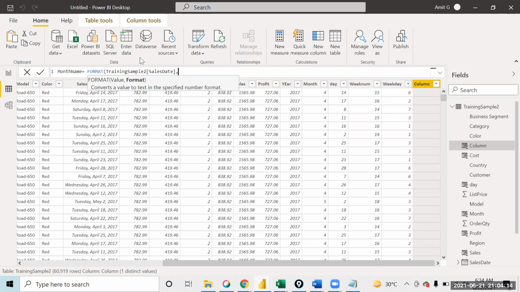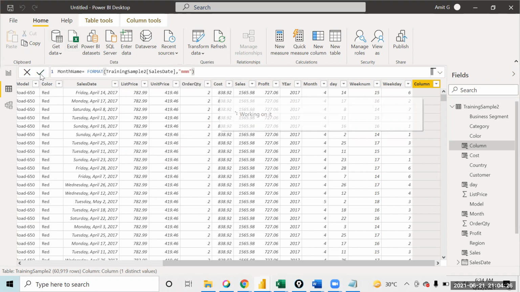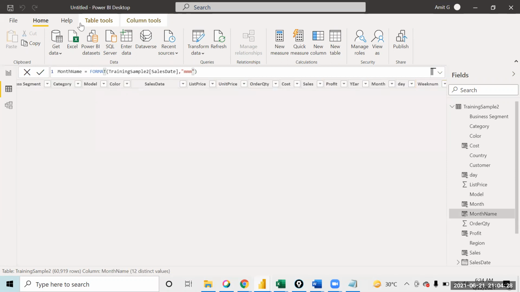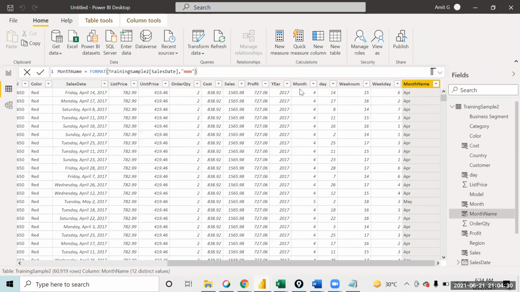Now from the sales date, I want to extract the month. So I have to give a format over here. If I write MMM, 3 times M, it will give me the month in a short form, April as in APR. If you write 4 times M, you will get the complete month.